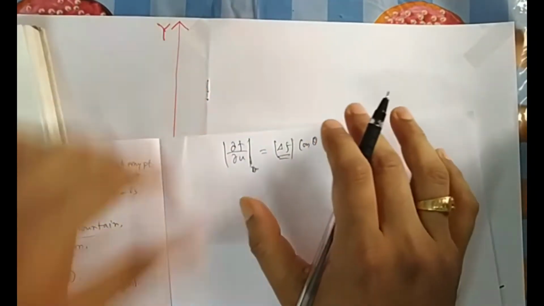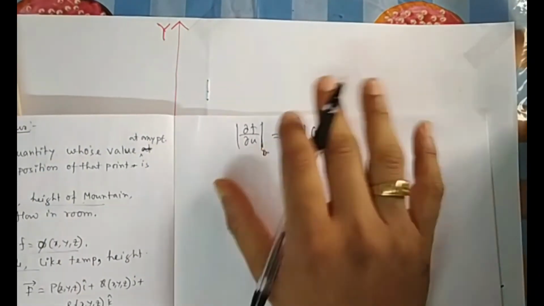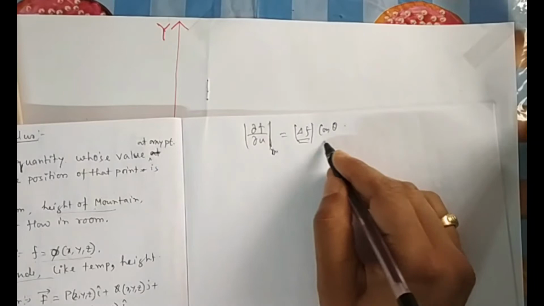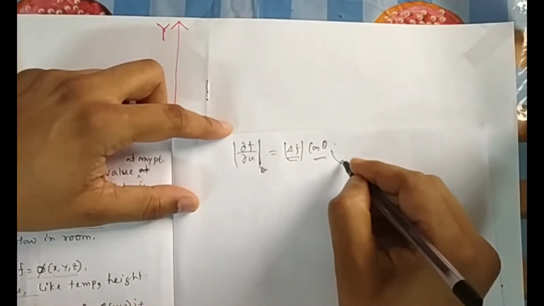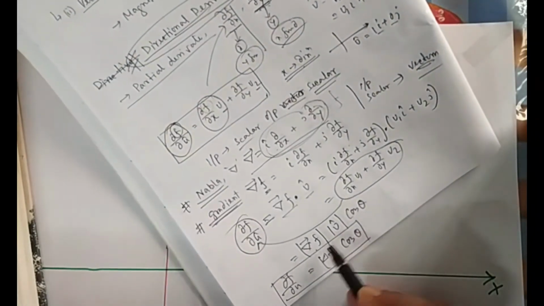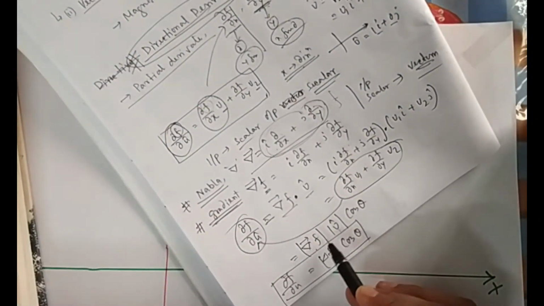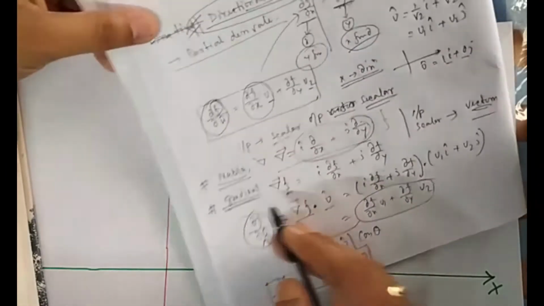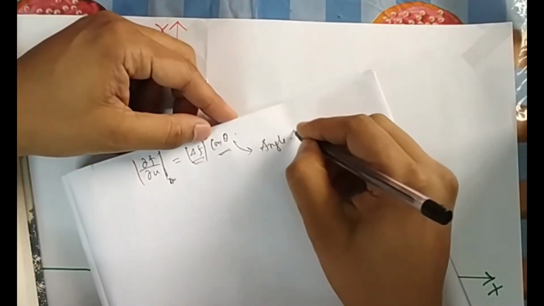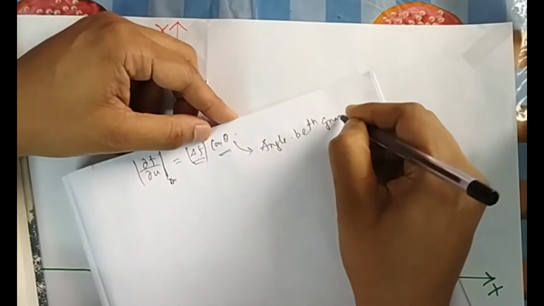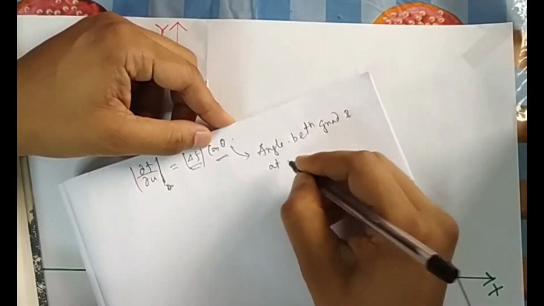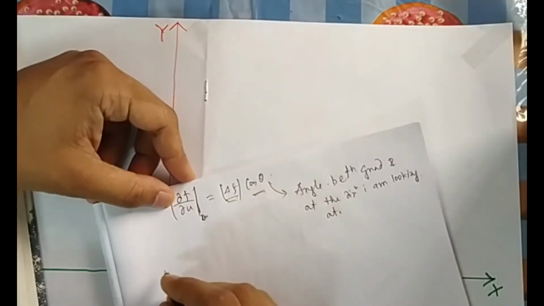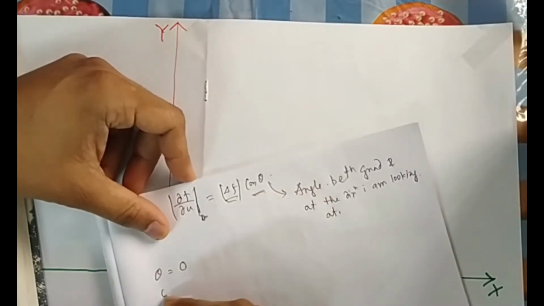Now this function is fixed. You know the function for temperature in that axis or whatever. Now the variable is theta. You remember theta was the angle in the dot product: it is the angle between del f and u. The direction at which you are looking and the direction of the gradient. Gradient means the one you have calculated for that function. So if you are looking in that direction, theta is the angle between the gradient and the direction I am looking at. Now there are different values of theta. Theta can be 0, theta can be 180.